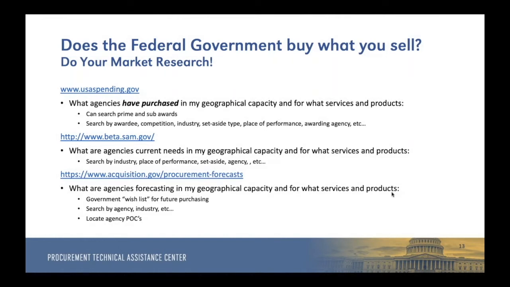So what we're going to take a look at in the next part of the presentation is some market research tools in order to find out if the federal government buys what you sell. And so the 3 things that we're going to be looking at is historical information, then present information and future information, just to give us a lot of different tools at our disposal for market research. And each one has a different